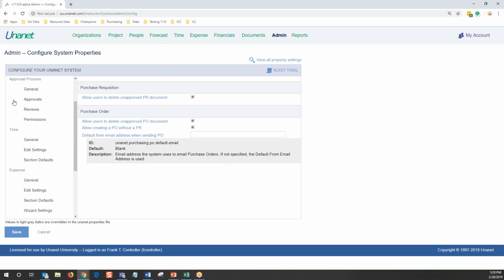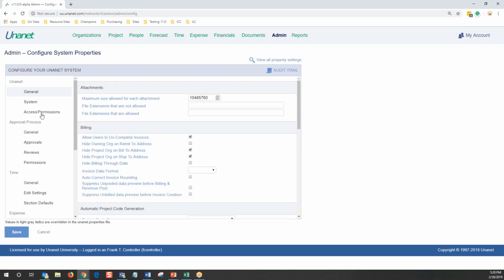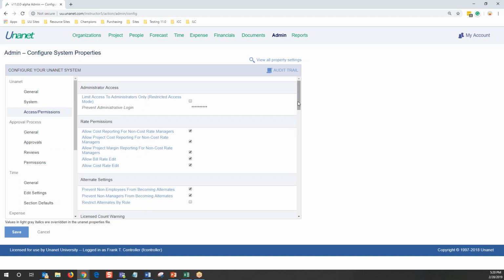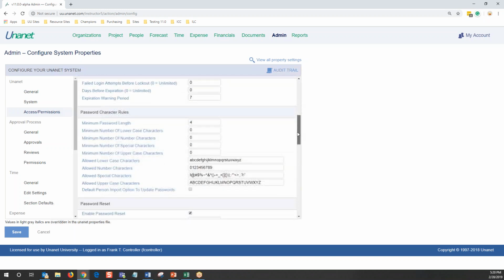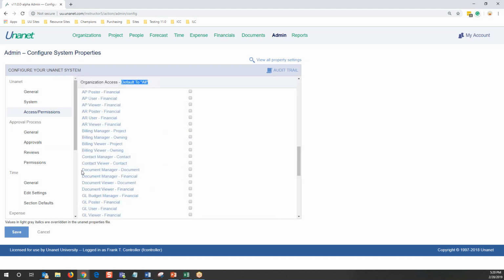All right, the last section is all the way back up at the top. This is the Uninet section, in the general Uninet. I want to take you down to access and permissions. In access and permissions, I think there are about 14 new roles within the system, and many of those roles have organizational access. There's a setting inside the system that, if you choose to default the org access to all, then when you provide somebody, for example, the document manager, which is a new role that we have in the system,